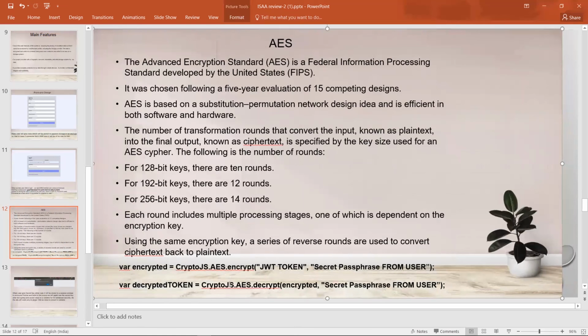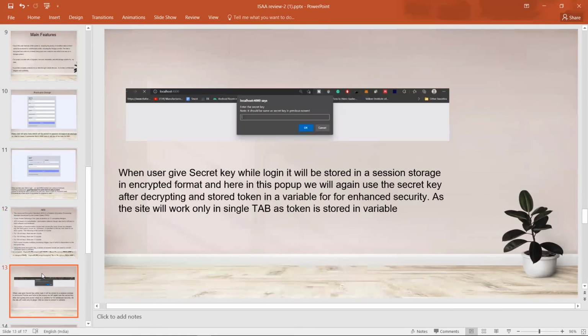Go back to this and come to the next slide. Again, the secret key will be stored in local storage in encrypted format, and a pop-up will come, and we have to use the secret key again to decrypt the token, for enhancing security.